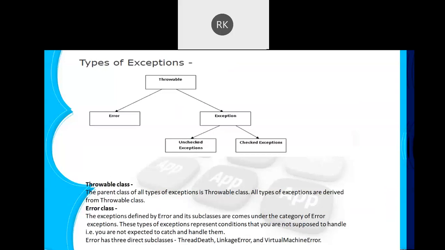Before moving towards the example where we actually see how to use them, we should also know the class hierarchy of the exception classes. As you can see here, at the top we have a class named Throwable. Remember, whatever exception we use will be a child of the Throwable class. So that is the parent of all. Throwable has two children, Error and Exception. Error is something we are not interested in, because those are not supposed to be handled by the developer, so it is not useful in our case.